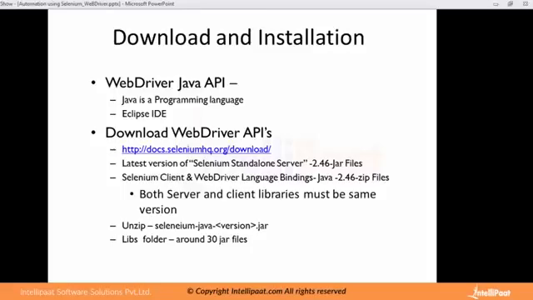As Java is a purely object-oriented programming language, the Java API of WebDriver is the most wanted one in the market. So, we are going to use the Java-based client libraries of WebDriver and also Eclipse as our